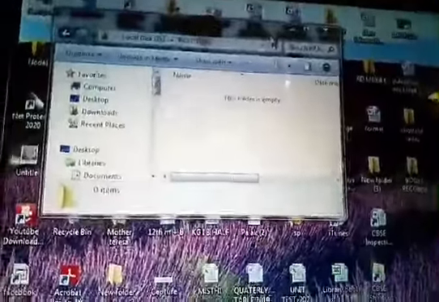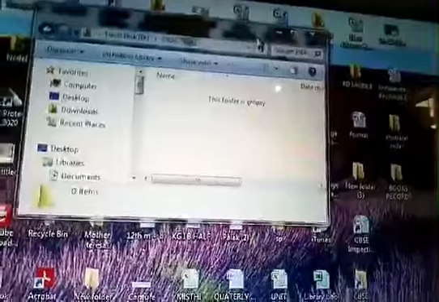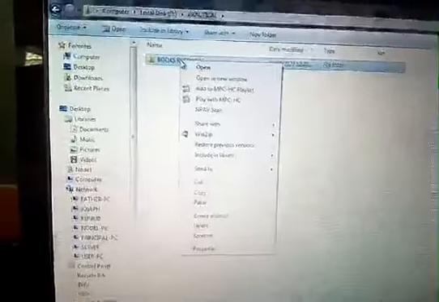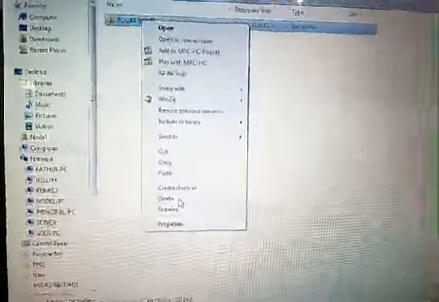Next, deleting a file or folder. How can we delete a file or folder? We have to select the folder first and right click, then the delete option is there.